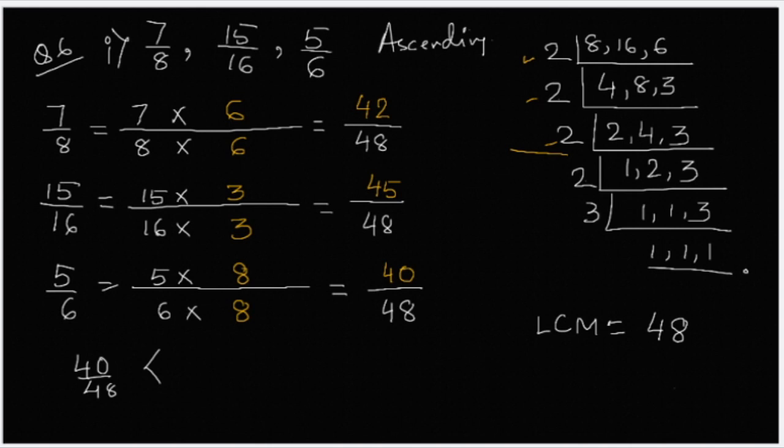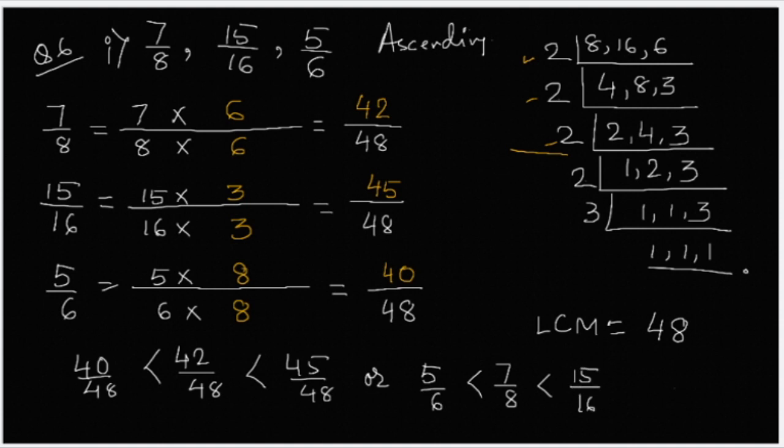Which is the next one? 42 by 48, which is less than 45 by 48. Or we can write in the next line, 40 by 48 is equivalent to 5 by 6, less than 7 by 8, less than 15 by 16. This is your answer. So your homework will be